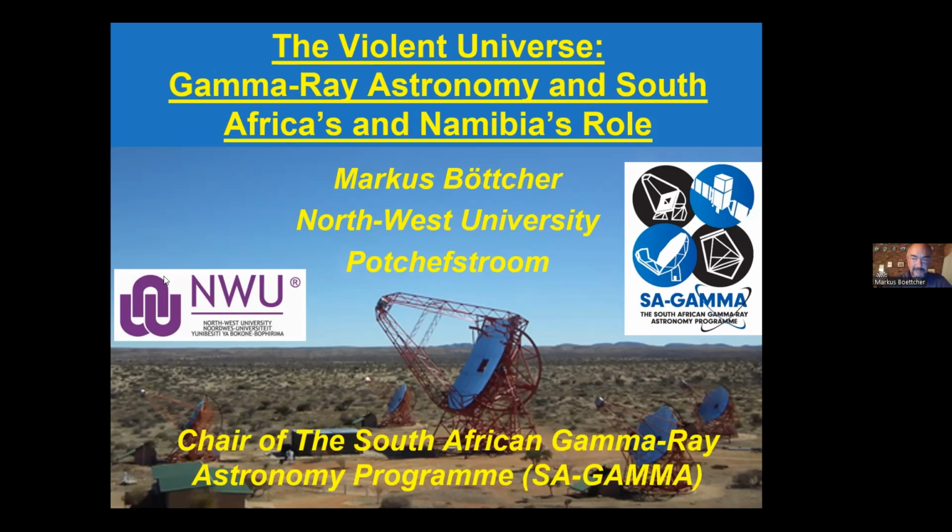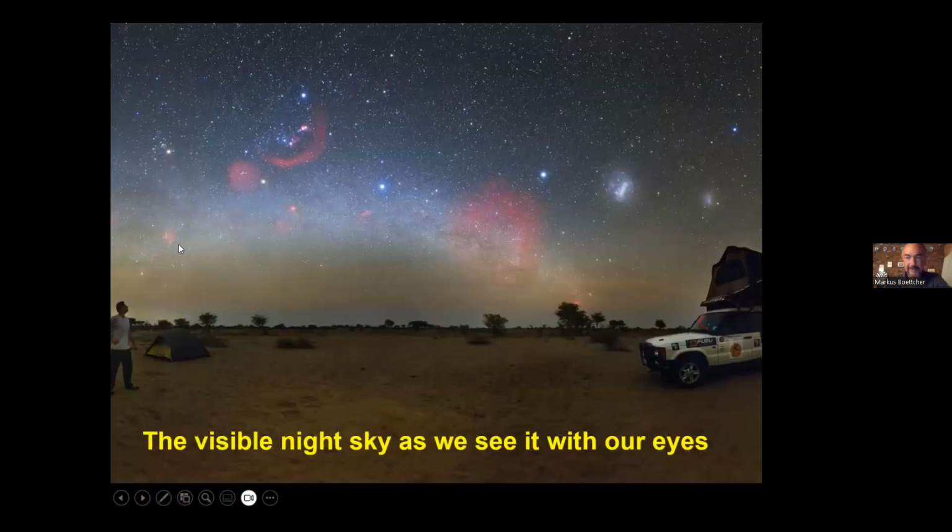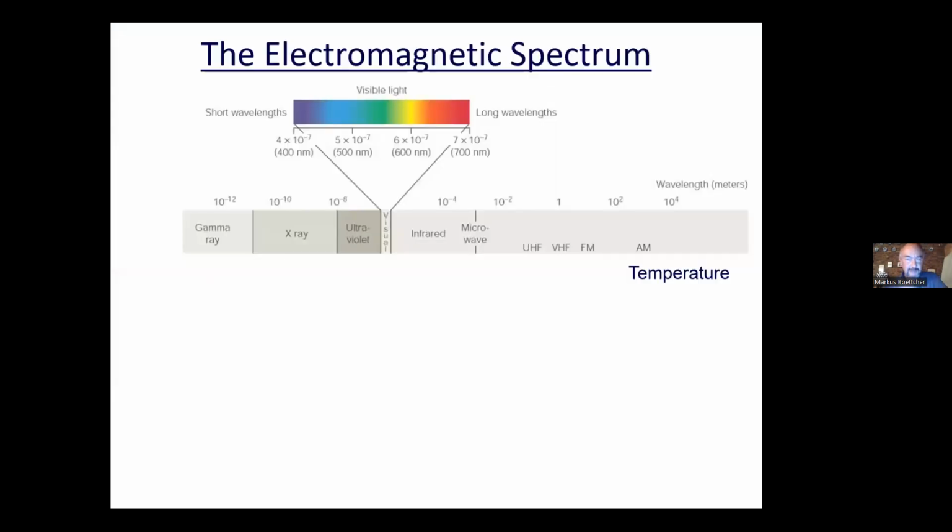To start out, most of you are familiar with the night sky. What we see in the night sky is, of course, only the light that we see with our bare eyes, that is visible light. So we see stars, we see the plane of the Milky Way, but that's pretty much all we see with our own eyes. But the light we see is electromagnetic radiation, with different colors that we perceive corresponding to different wavelengths of the electromagnetic waves that make up light.